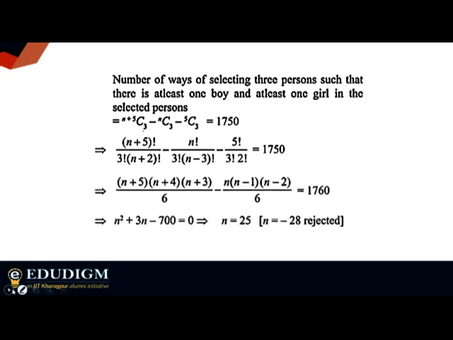So you reject n equals minus 28 because you're talking about number of persons. So that is why the correct option will be option 3. Yeah, this will be faster because you don't have to make separate cases. Since you are taking the entire number of cases, you just subtract the cases which we are not going to consider. All of them are boys and all of them are girls. I hope this is okay with you.